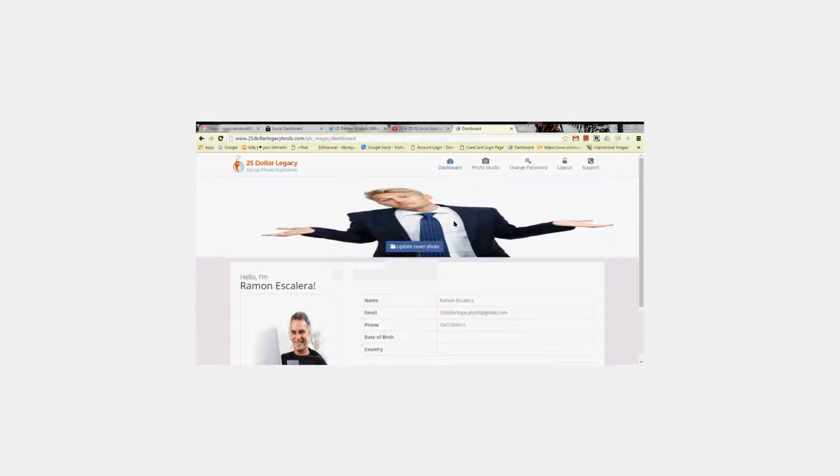This is where you're going to be able to create images on the social pick magic, clickable images that forward these individuals to your My Site page.